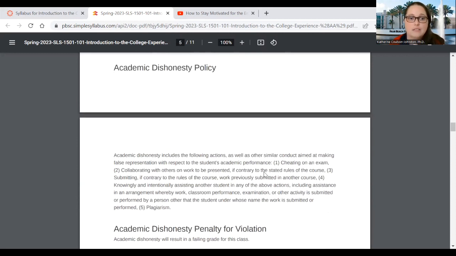Academic dishonesty policy is something I take very seriously. I will go over plagiarism in depth in this course as well. Academic dishonesty includes the following, as well as other similar conduct aimed at making false representation with respect to the student's academic performance, which is cheating on an exam, collaborating with others on work to be presented, if contrary to the stated rules of the course,